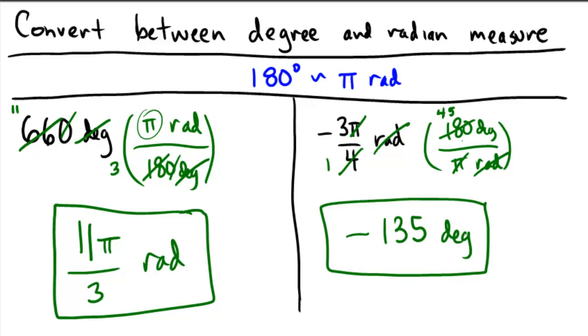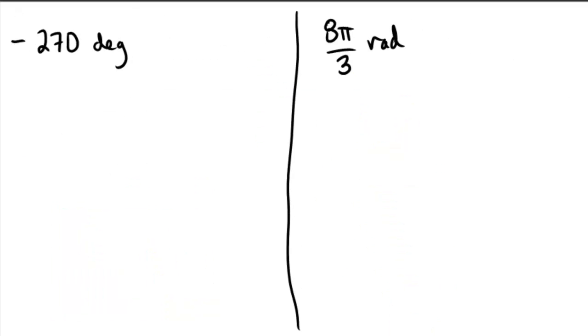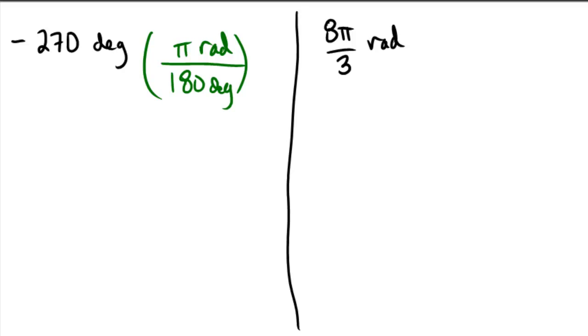So pause the video, try to do these two problems on your own. Assuming you gave it a shot here, let's do these together and see if we get the same answers. Negative 270 degrees. Remember that 180 degrees is the same as pi many radians. This allows the degrees to cancel out, and I just need to worry about the arithmetic,